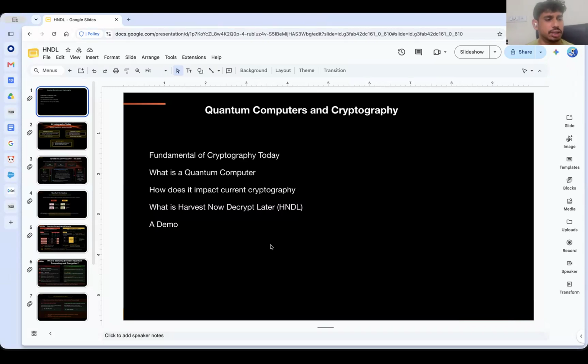Anytime you hear the words quantum computers with respect to computers or the internet, you'll always hear this term HNDL, harvest now, decrypt later. So we're going to talk a little bit about what exactly that threat is, and then I'll end with a short demo of HNDL. That's about it. So to start with,